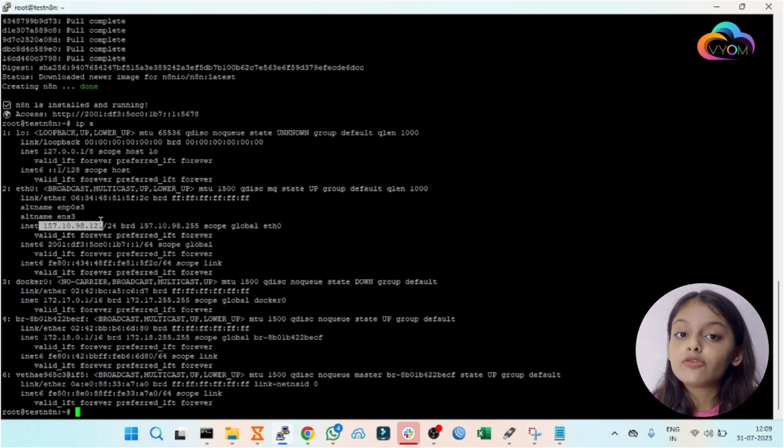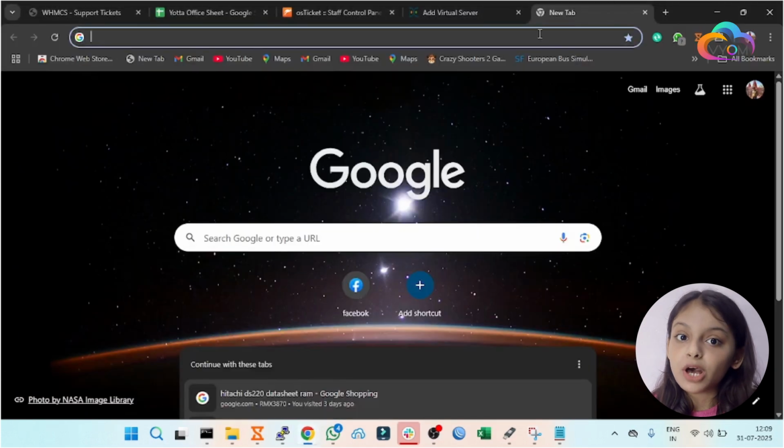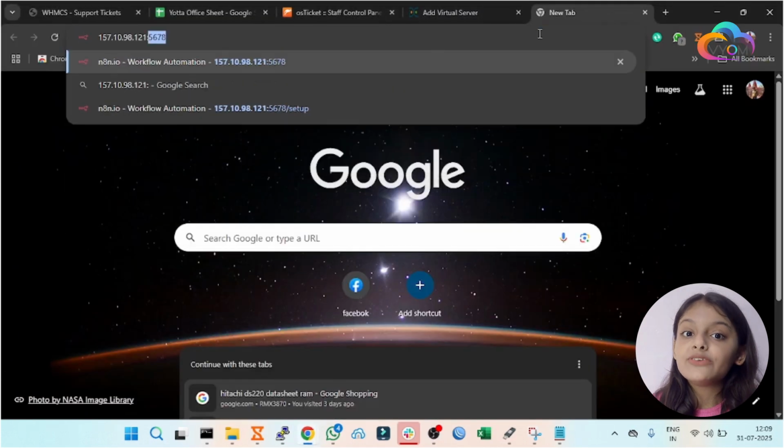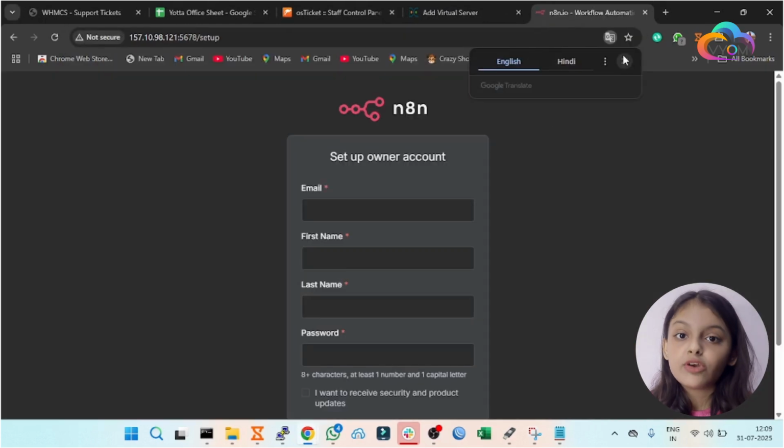Once it's done, you have to copy the IP address of the VPS and paste it on the web browser with the port number 5678. Once you are done with that, then it will redirect you to the n8n website where you have to set